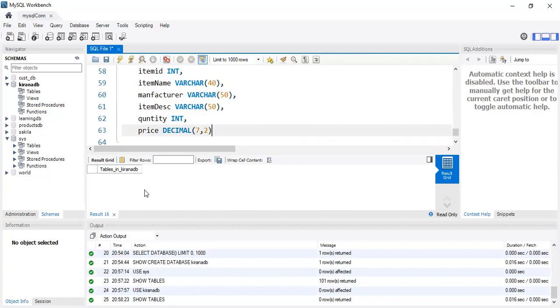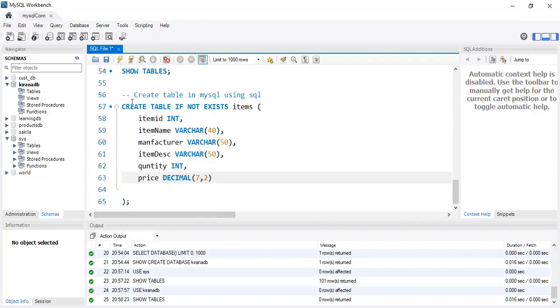Okay, and we have used the statement for creating a table. And how did we create a table? Let us review it. Right, we have done in this fashion, create table if not exists items. And then we have provided the column names first and the respective data type. So column name, respective data type, and then if needed, we will add constraints. Probably next time that we start doing it, we'll start adding constraints also. But for now, we have not added any constraints